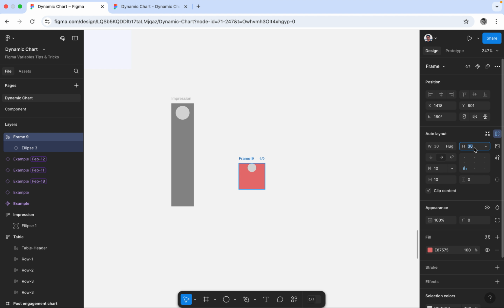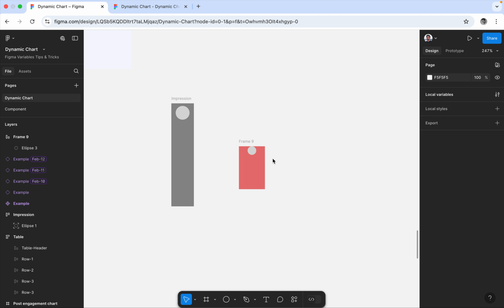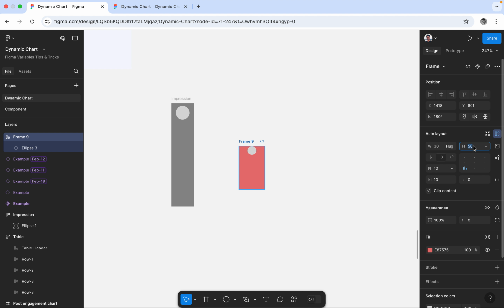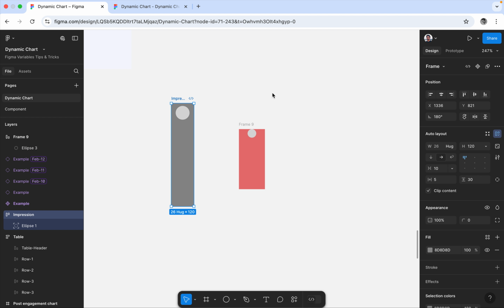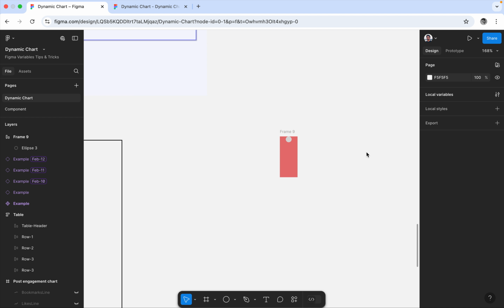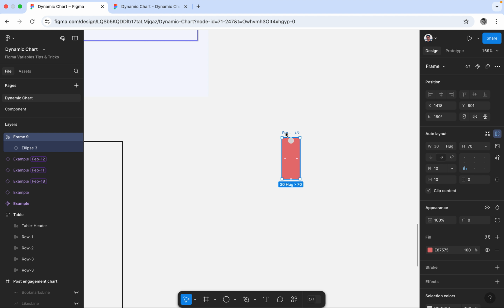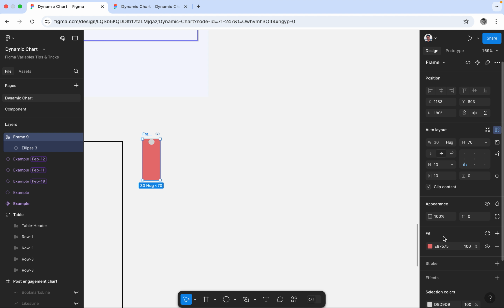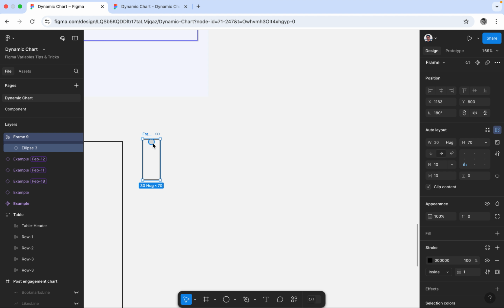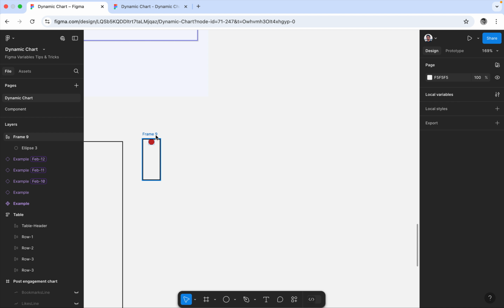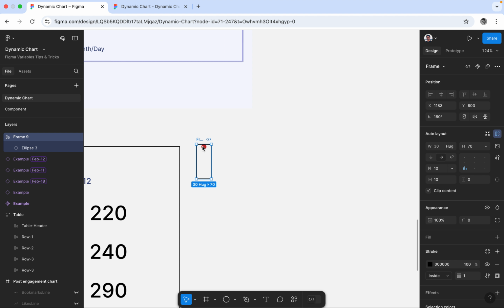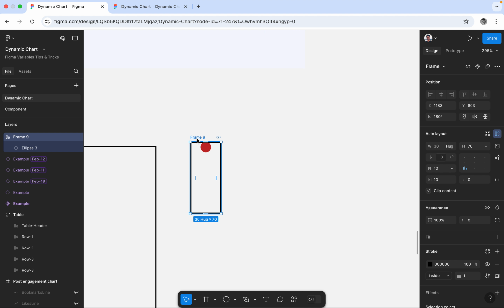Now again I'm moving this as a 50. It is working. Now 70. It is working. So same way we have to create this and remaining. Once this is done, what we need to do here, like I'm not using the fill color, instead I'm using the stroke right now to show, and this circle is having some different color, suppose I'm giving red, and the same way you can use the another